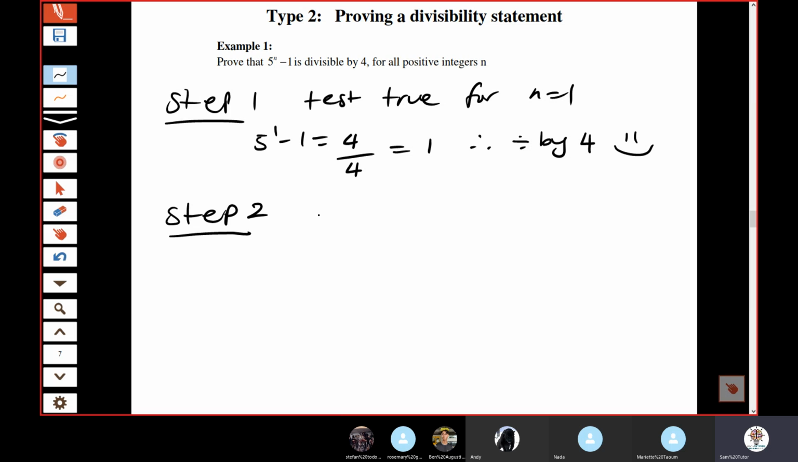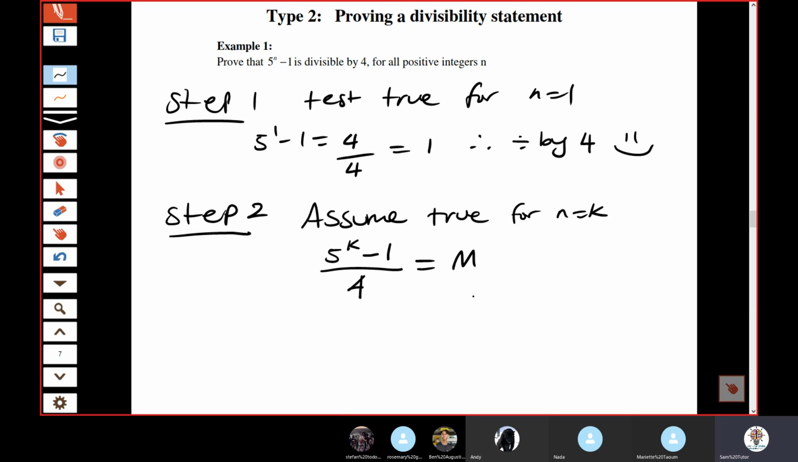Step 2. Assume true for n equals k. That means it will look like this: 5 to the k minus 1 divided by 4 needs to equal, let's say, m, whatever letter you like, where m is an